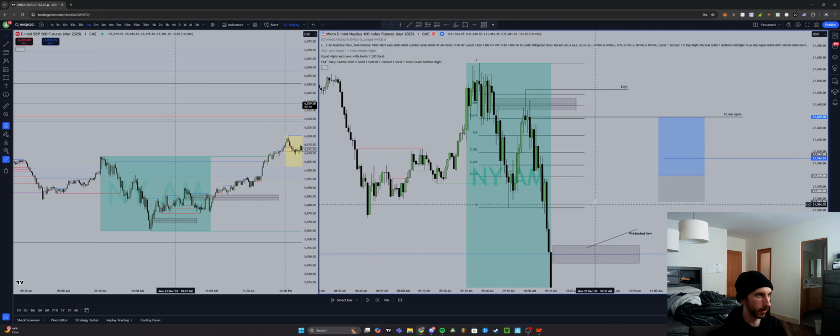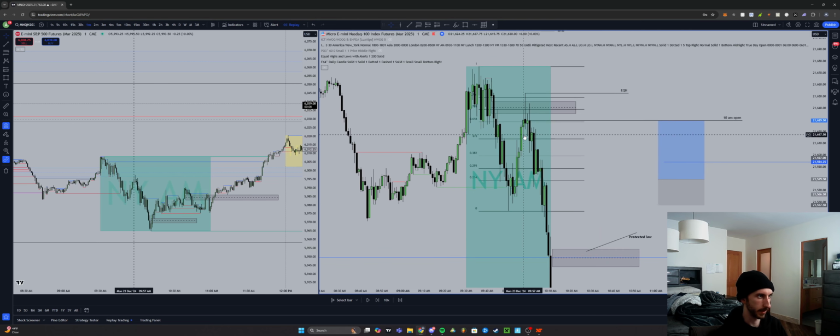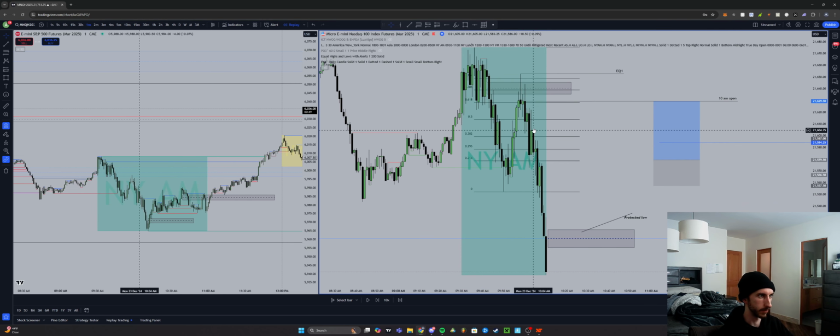And yeah, no entry there obviously, but the reason I wouldn't take this inversion here, even though we are reacting from a key PD array, and we do have an SMT at the highs there with this high here at 945. The reason I didn't want to take this short here is because this candle just dumped so far down inside this range, and ES already ran the low, so it made no sense to short that. Even though it did end up playing out, that's not going to work, you know, 60-70% of the time. It's just not.